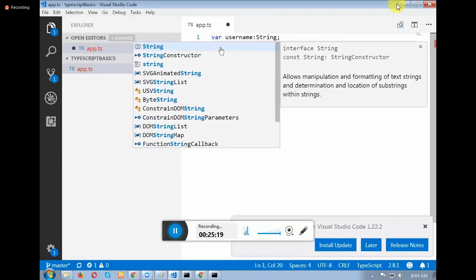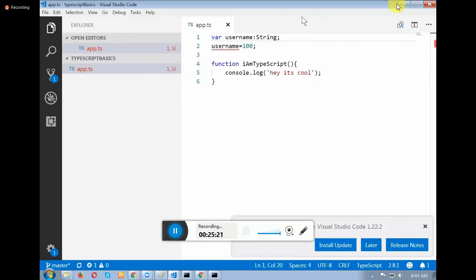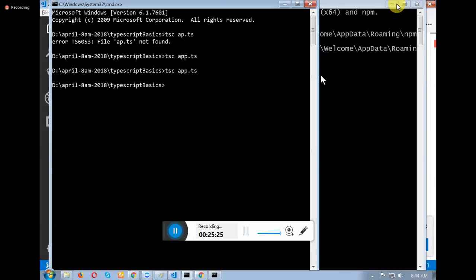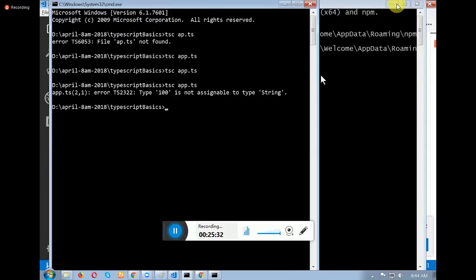Assume you overlooked this. Is it throwing you an error or not? It will compile. It will not stop compiling. It will still compile, but it will clearly throw you an error saying you are doing an incorrect practice. At least by looking at the errors, if not you, your lead will scold you.